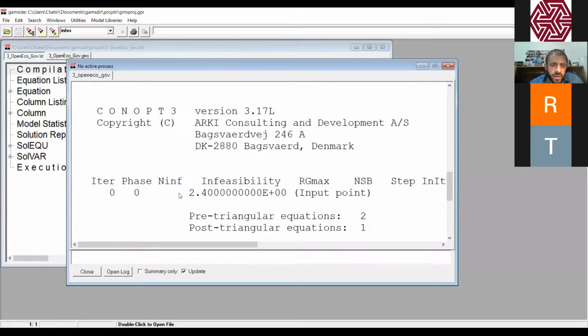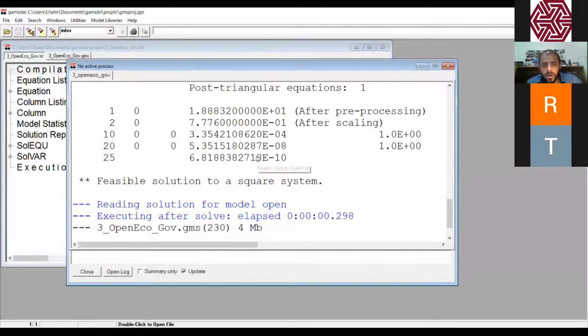So now, as you can see, we have an invisibility before because there is a simulation, but then the model converges after 25 iterations to a solution, to a feasible solution to a square system. If we look at the results of this code, so I will just a second. So that's the new file that we have